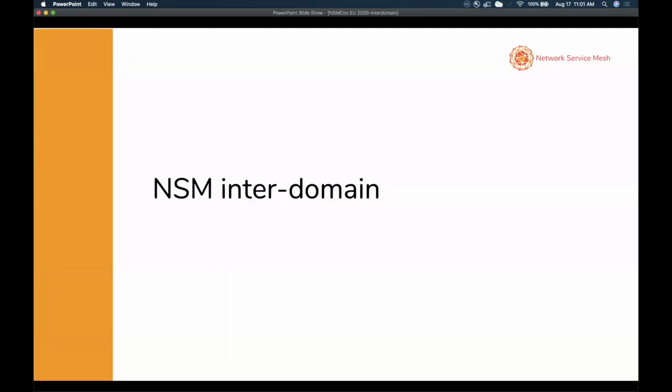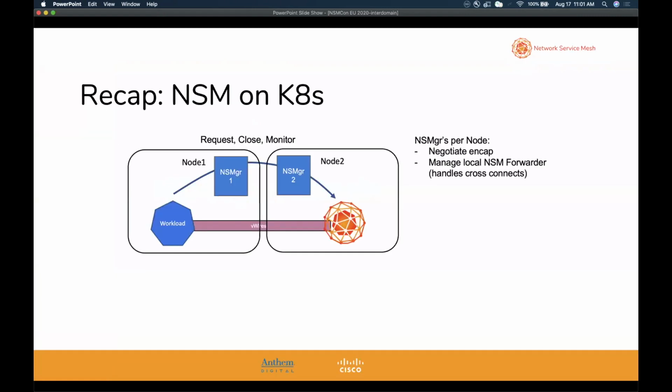So NSM interdomain. If we talk about NSM interdomain, we have to really understand the implications. We have to understand the primitives that NSM gives you. This is a quick recap on the connection setup that happens in a normal Kubernetes multi-node environment. The connection setup is done via a network service client, which is represented as a workload pod here in this picture,